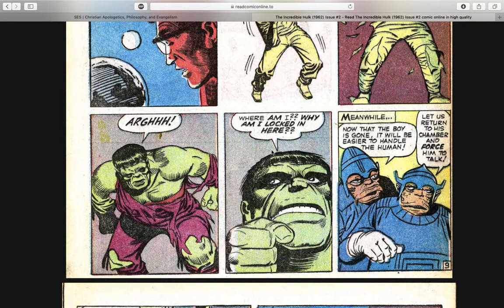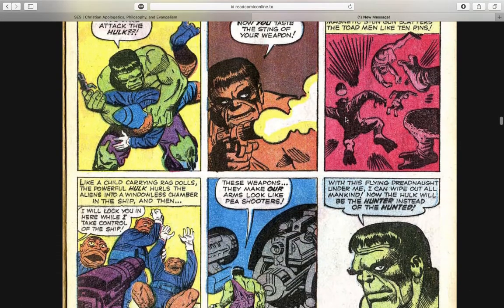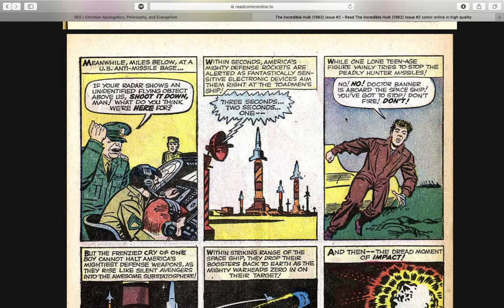a whole different perspective on the Toadmen rather than Bruce Banner, as we see that the Hulk hates mankind, as we saw from last issue, and he's going to use the Toadmen's spaceship so that he can try to eliminate all of mankind. So, right off the bat, we see that the Hulk is more menacing, he's more brutish, and he hates mankind here. And so, as we see, the General Thunderbolt Ross gets an alert here that there is